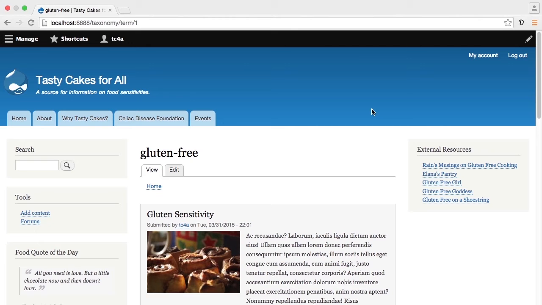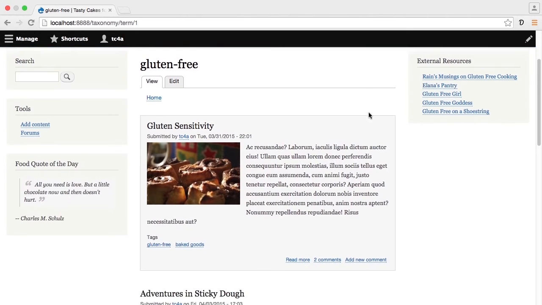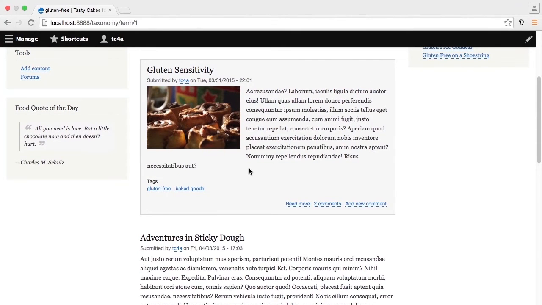on our site. Our blog posts have already been using free tagging. If we take a look at the river of news on our homepage, we see the free tags that have been created, and we've been putting the food sensitivities into these free tags. This is too loose of a structure, however, for us to effectively use towards our current goal of providing a really nice, effective interface. The first step to making something a little bit more structured is to create a controlled